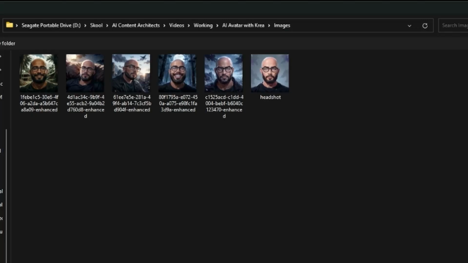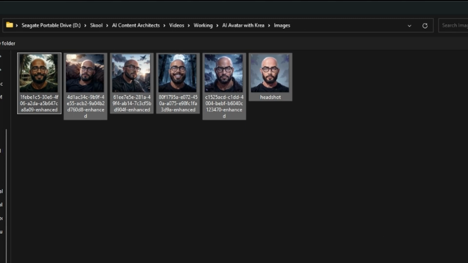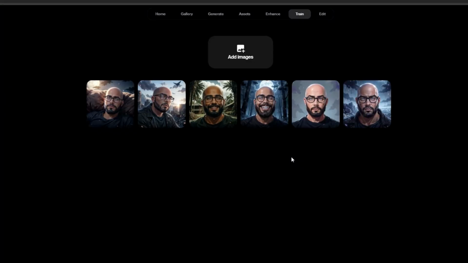The tool says to upload 3 or more images. Be aware that the more the better if you really want to nail a consistent character. I'm going to grab all 6 of these that I upscaled. If I wanted to make this even better, the best thing to do would be to add some more image